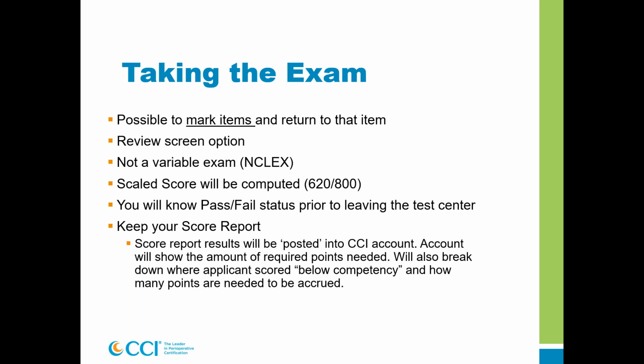The scoring is another question we get a lot. It's called a scaled score, and passing is 620 and above. This isn't equal to 70%, 80%. Prometric testing centers have this scoring option that requires a mathematician to figure it out. But just to know that 620 is the passing score and 800 is possible. You will know at the testing center if you pass or fail. And at the end of it, you'll have a survey come up. And after that, you should get something on the screen that says, if you pass, congratulations. If you do not get that,